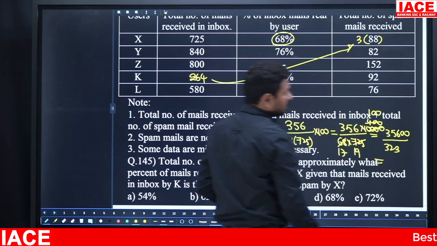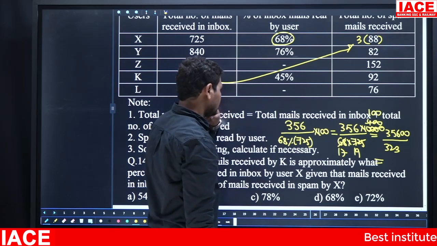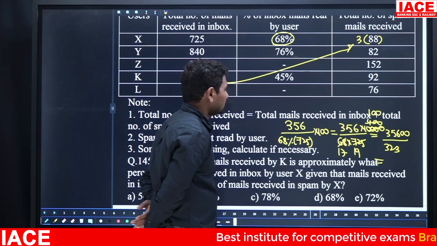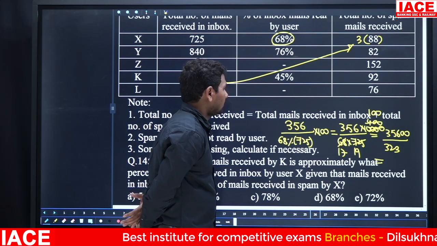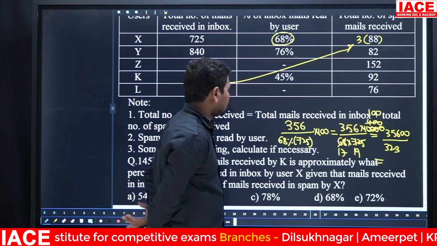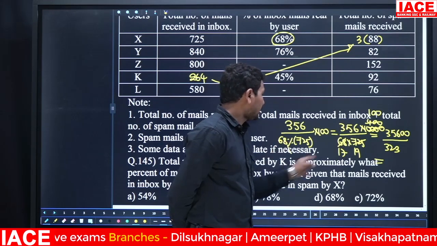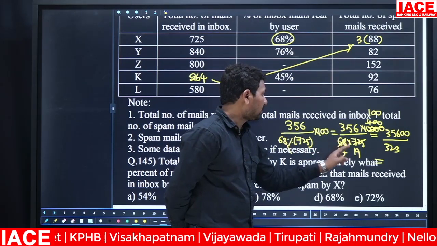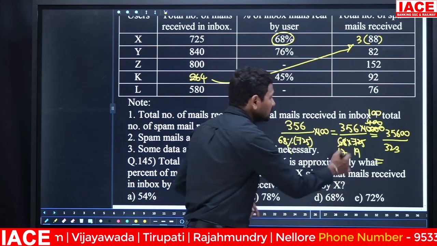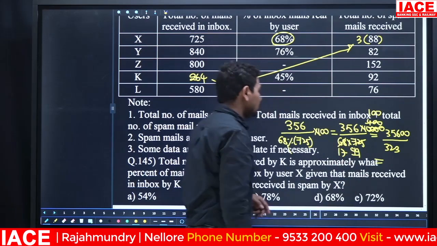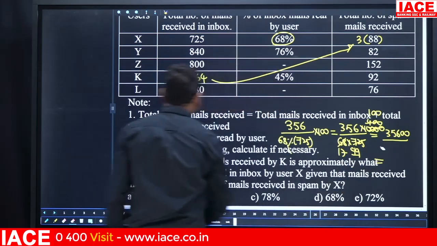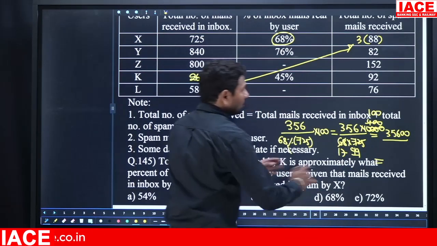323 is how many times? 323 to here 356, 68 percentage. 68 percentage wise by 100 will be coming to the numerator. 100 into 100 is 10,000, 68 into 725, 25, this is 2 times, basically it is 2 times. Here the value becomes 3, not 323, 17 into 29.